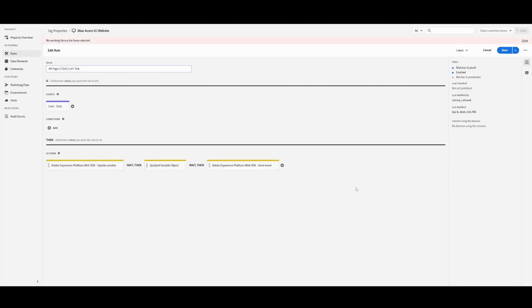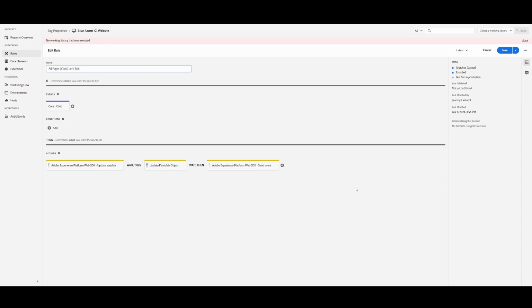We'll go over why that is in a little bit, but I first want to review how to properly implement this using that clear XDM object checkbox, which is really, really important when you're conducting an implementation. So let's dive right in first, and then we'll talk a little bit about why the configuration is a little